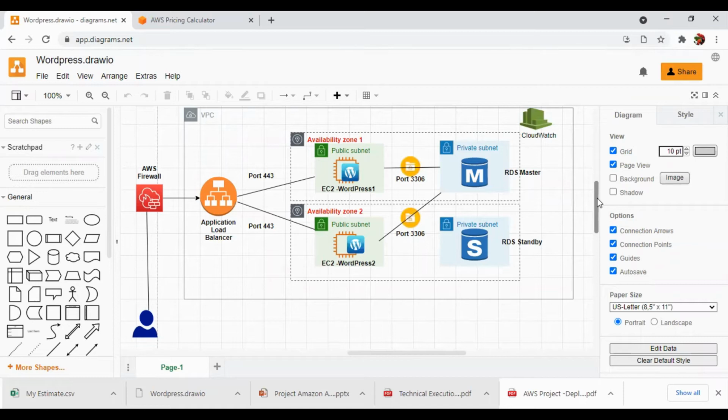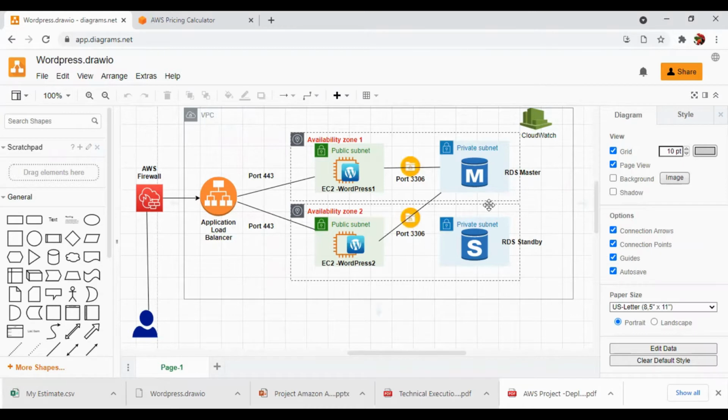Welcome back. We are seeing the lab creation. So, for a high level design, for time saving, I have already made the design over here. This is a tool that is draw.io, and this is a free tool where Microsoft also has its tool Visio, but it is a paid version. So, we are going for draw.io.